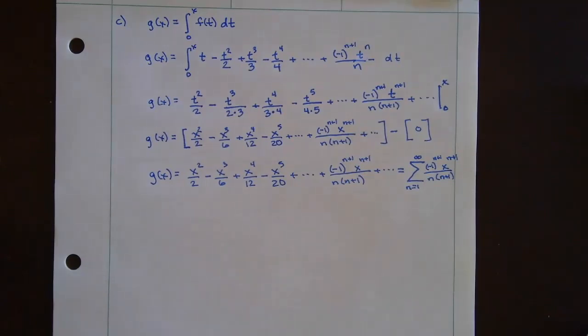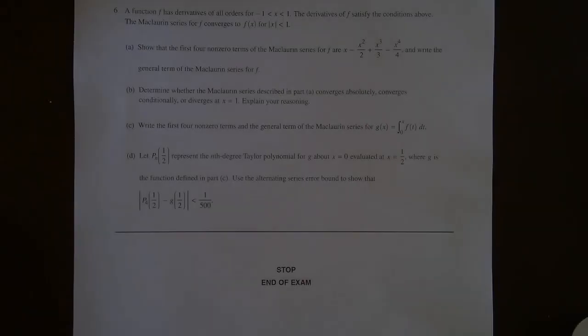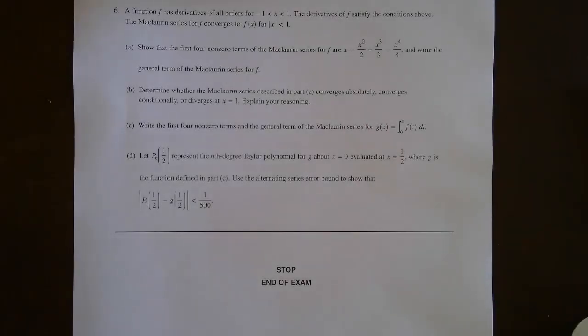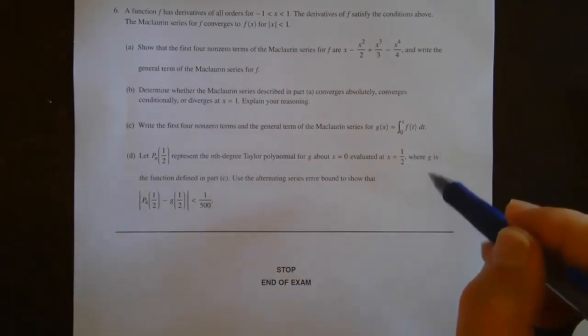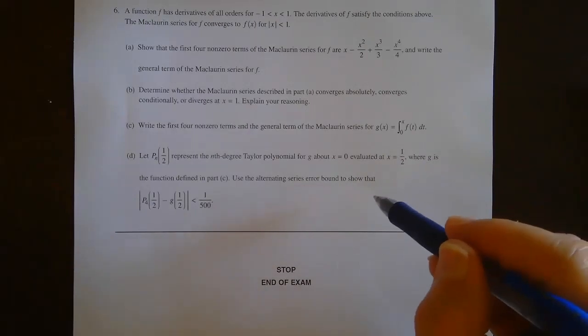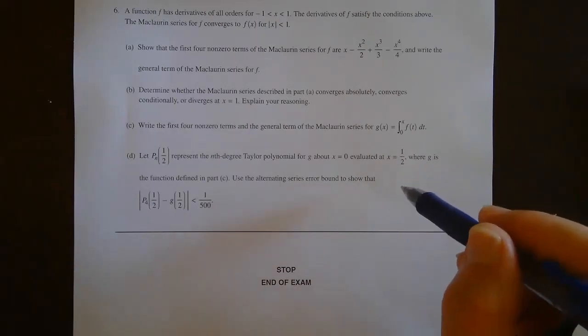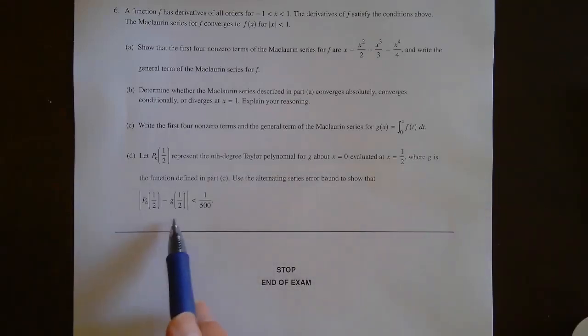All right, so let's go to part D, all right? For part D, they're telling you let P sub n, right? That's the nth order Taylor polynomial, or nth degree Taylor polynomial. Degree and order are the same thing in these. For G about x equals 0, that's what we found in part C, okay? And evaluate it at x equals 1/2, where G is the function defined in part C. I just said that, okay? Use the alternating series error bound to show that this error, right, has to be less than 1 over 500,